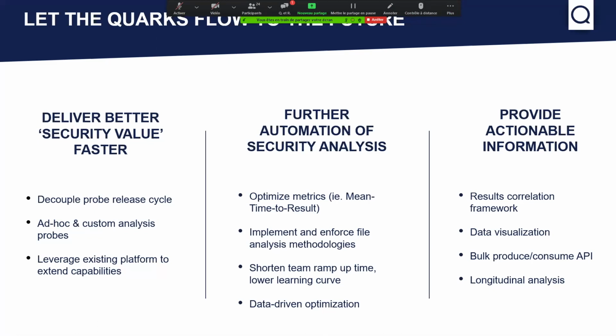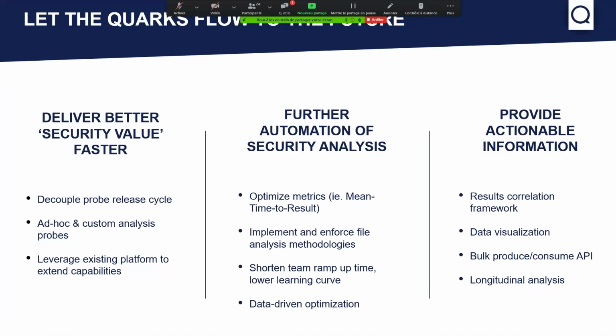So that is a direction that we're going. We've done the initial steps in this ability to decouple and to deploy custom probes, not just by us, but by partners or even by end customers that could want to do their own analysis and have their own probes.